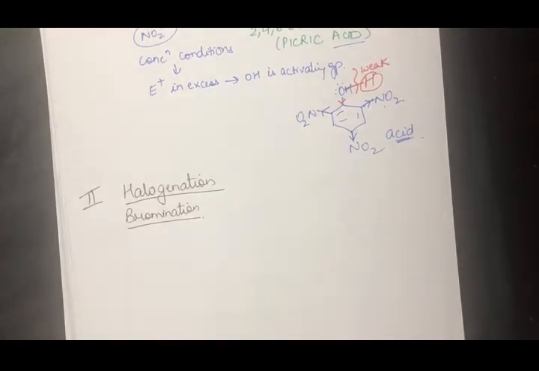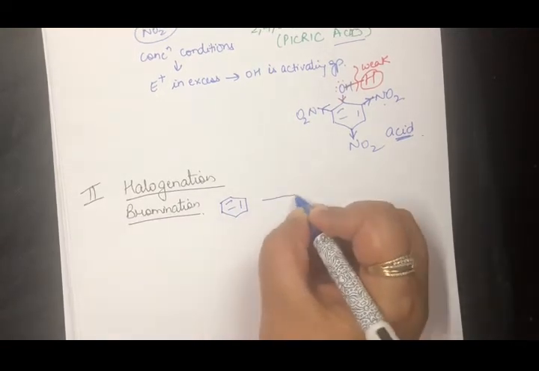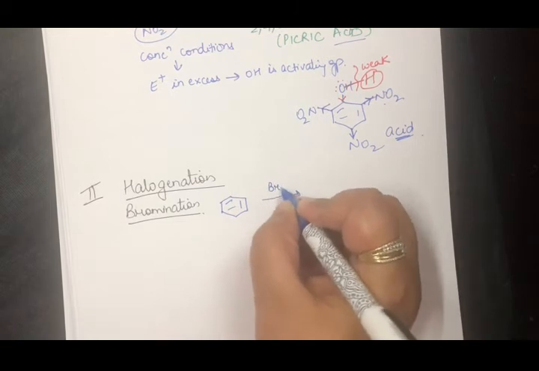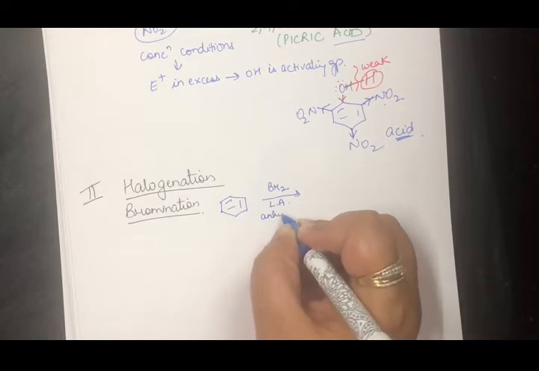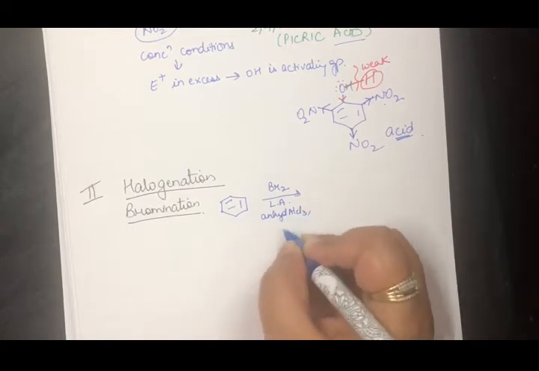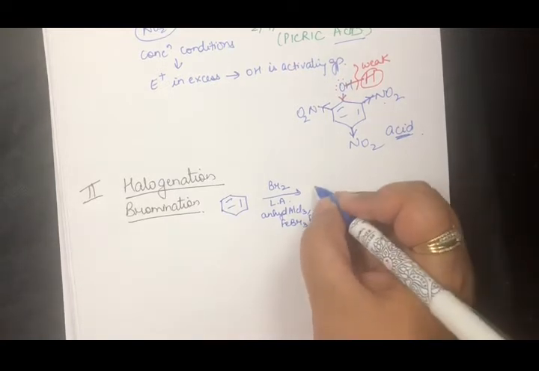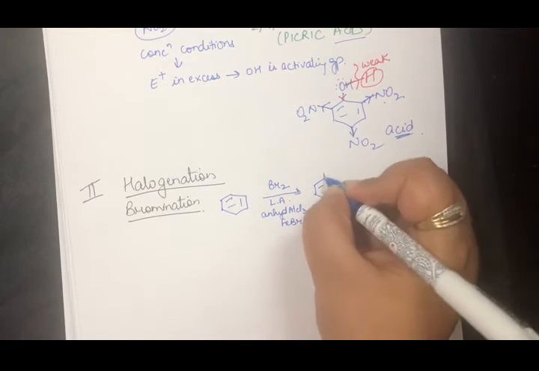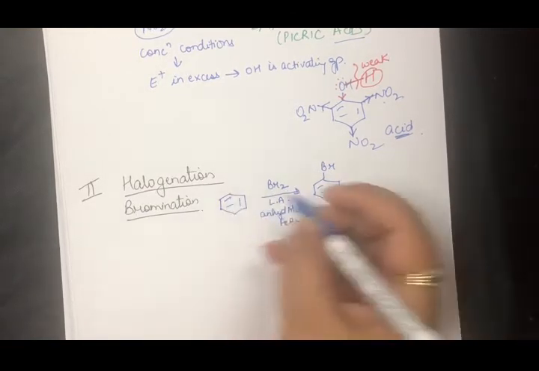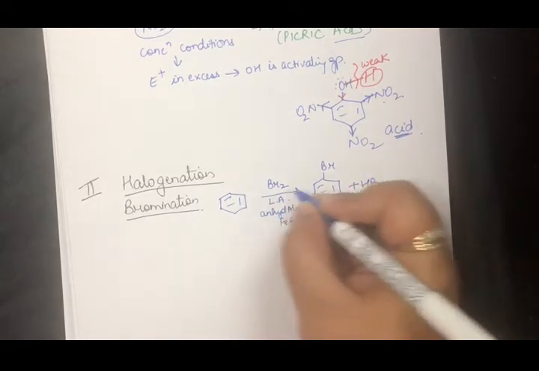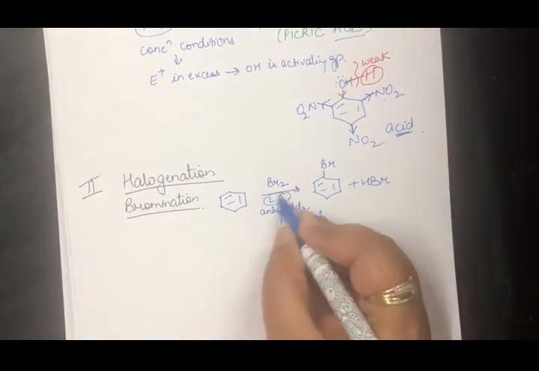If you remember, in class 11 we did that whenever you want to do bromination of benzene, what you needed was a bromine molecule and any Lewis acid. For example, you used anhydrous AlCl3, FeBr3, FeCl3 and so on, and the product you formed was this. One of the bromine got attacked here and one of the hydrogens from here was replaced, and it attacked with the other bromine atom. Now why did we use this Lewis acid?